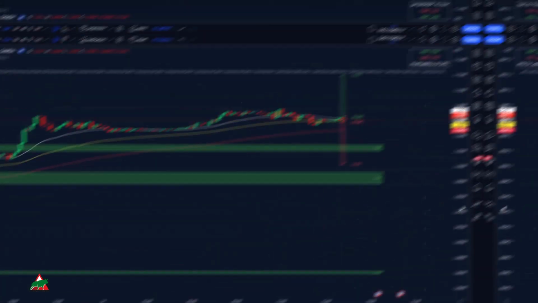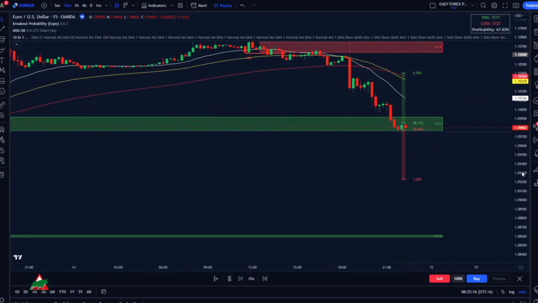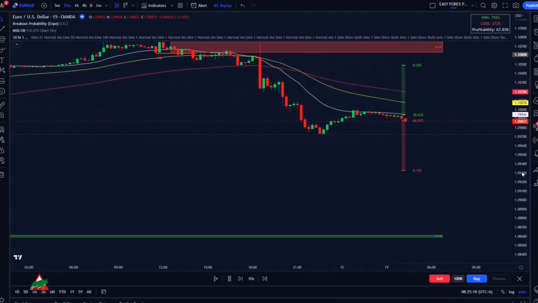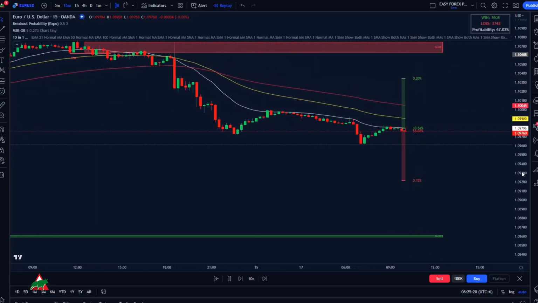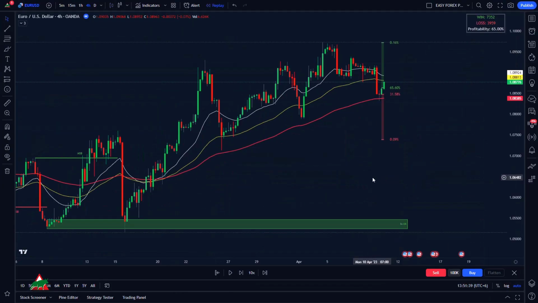Now that we have added all 3 indicators to our chart, let's take a look at how we'll use them all together to make highly accurate buy and sell signals. We'll start by looking at the breakout probability indicator for the 4-hour time frame. Based on the prediction of whether the next candlestick will be higher or lower than the previous one, we will